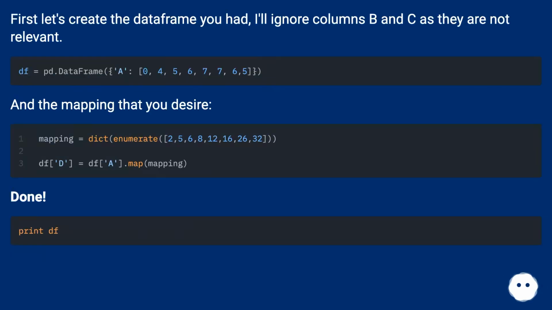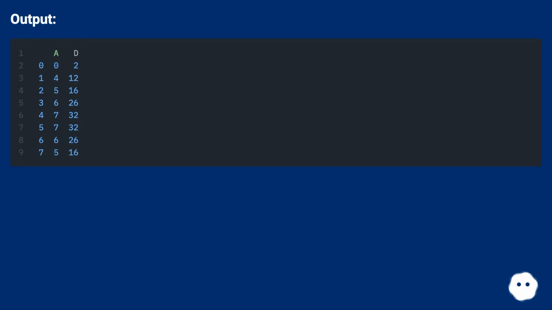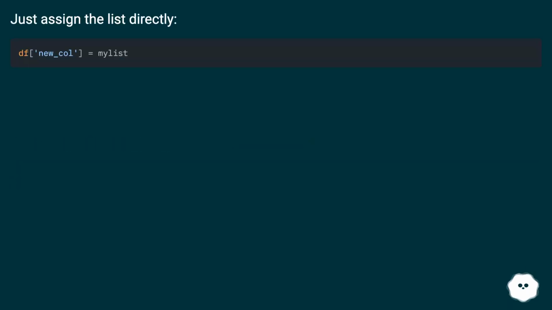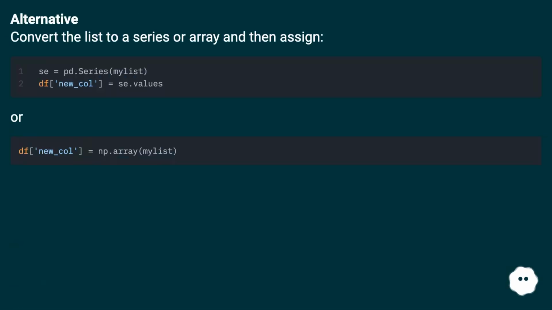First, let's create the data frame you had. I'll ignore columns B and C as they are not relevant. And the mapping that you desire. Done. Output. Just assign the list directly. Alternative: convert the list to a series or array and then assign. Or